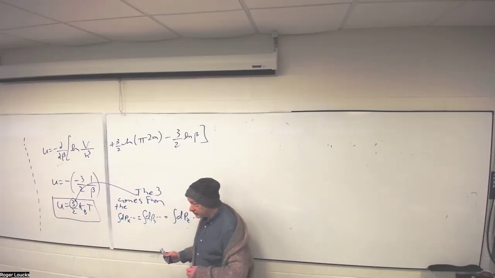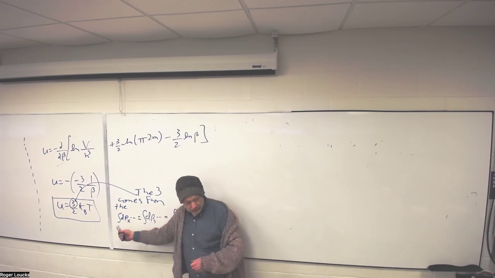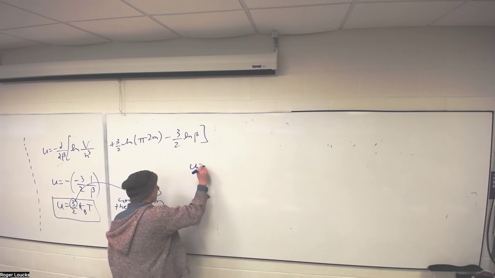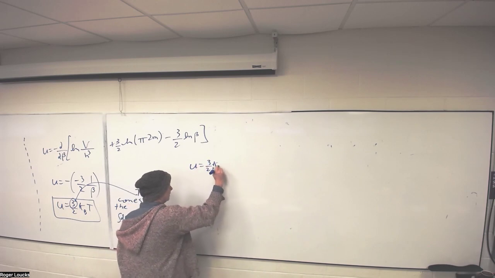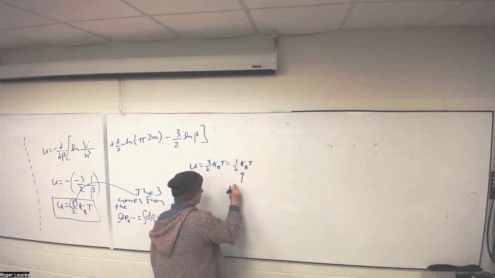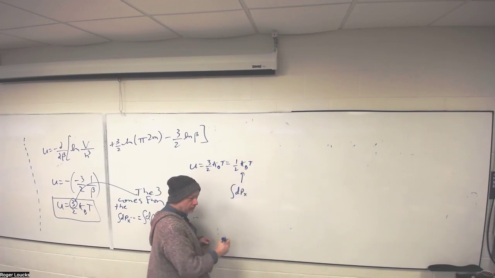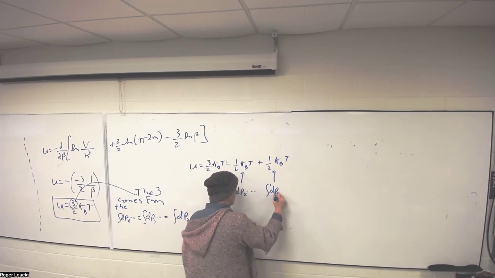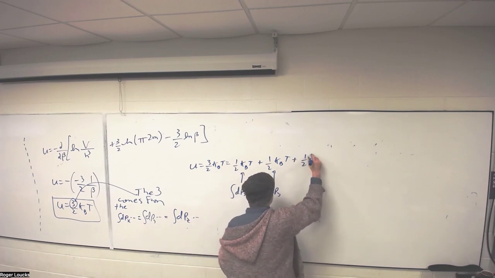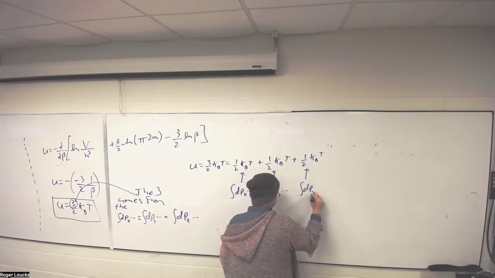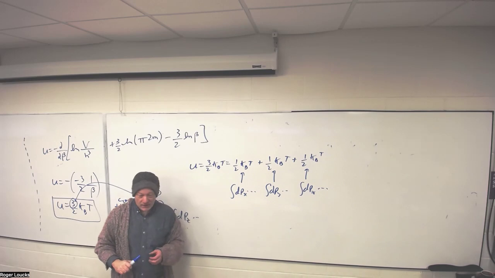Okay, so that's where that three is coming from: the fact that each of these integrals is the same here. So if I wanted to, I could write this in a kind of stupid fashion. I could say that this 3/2 kBT is really 1/2 kBT from the dpx integral, plus 1/2 kBT from the dpy integral, and then plus 1/2 kBT from the dpz integral. And that's the famous result.